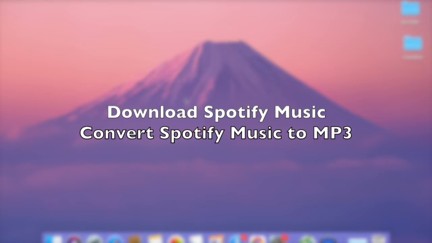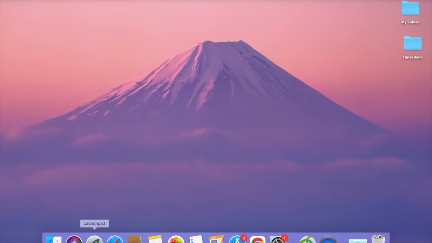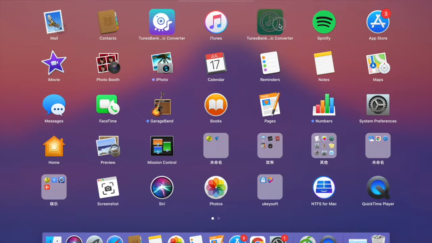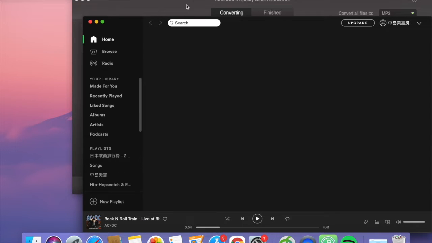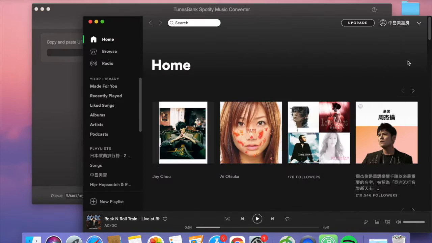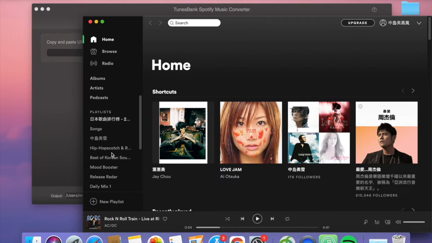How to use our TuneBank Spotify music converter? Simply open our program. Spotify will open too. Choose your song from your Spotify playlist